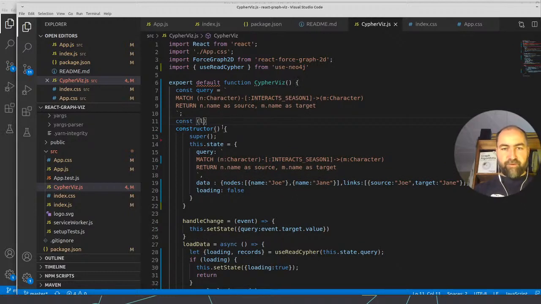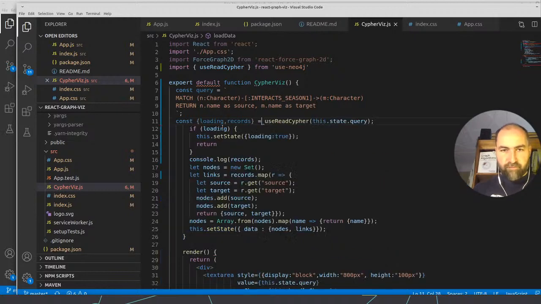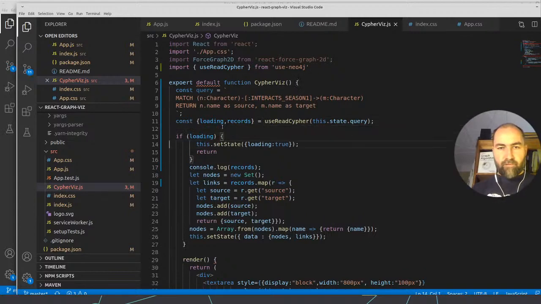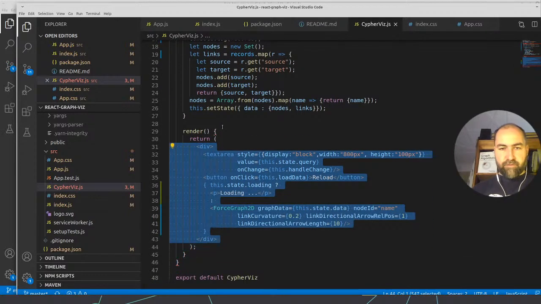Okay. And then we have basically loading, comma, records is our result from CipherRead. So this one here. So we get rid of all the other things. And then if loading, we just return basically the loading bit.